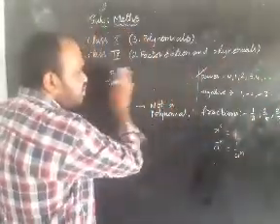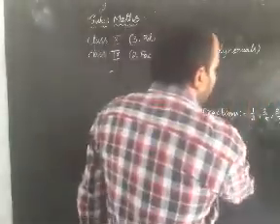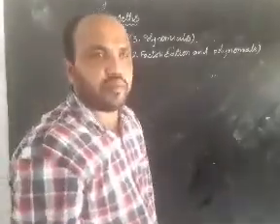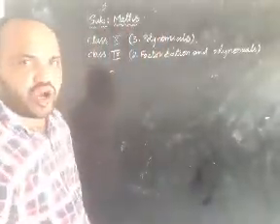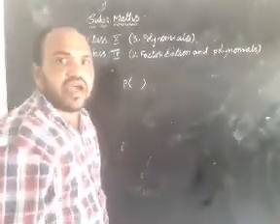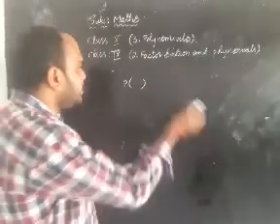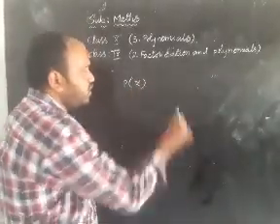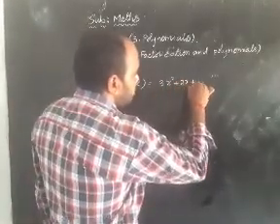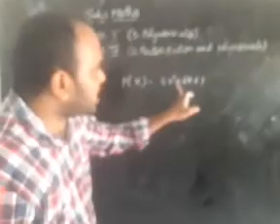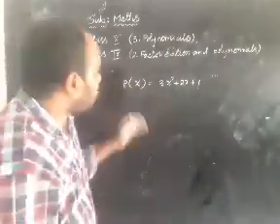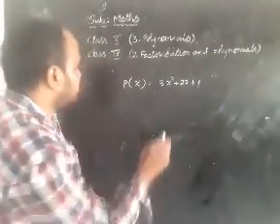Now we will discuss the general form of a polynomial. Before that, we denote a polynomial with p of. If the polynomial is in the variable x, we write p of x. For example, 3x square plus 2x plus 1 is a polynomial which contains the x variable. Here the p must be a small letter. We can use small letters like p, q, r.